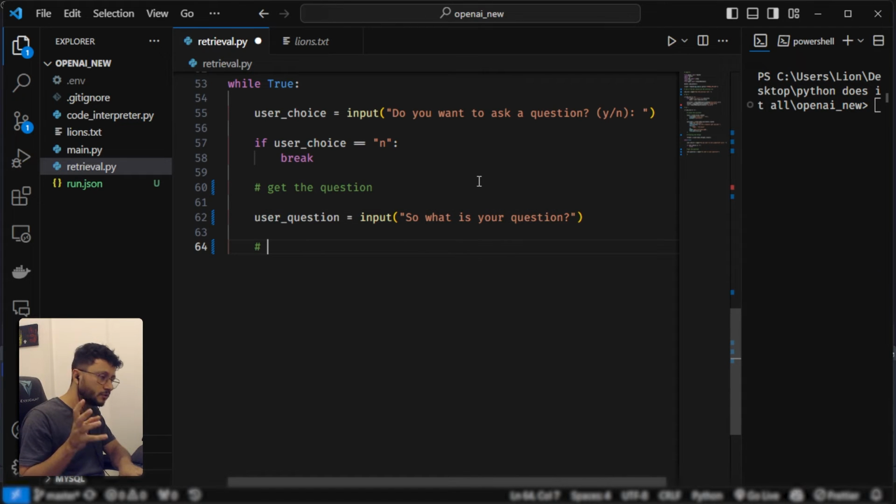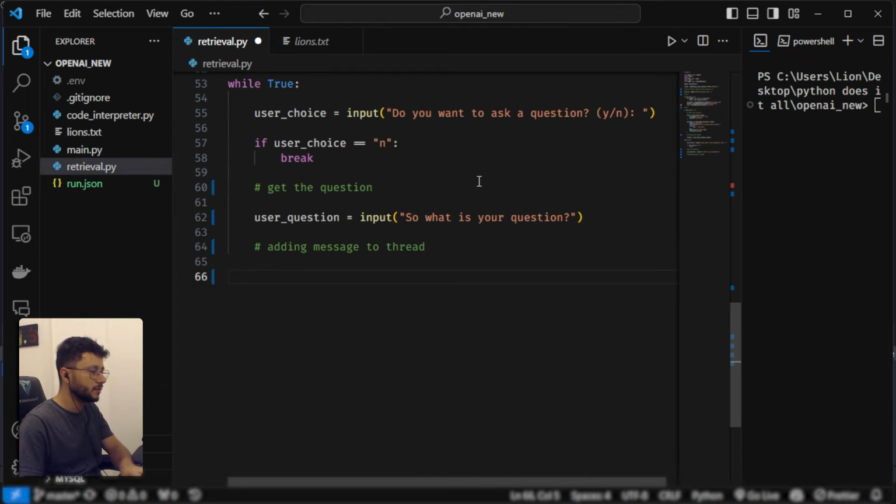So now that we have the user question, we can send this over to the thread. Remember that we didn't create the thread with any messages, so the LLM, the whole assistant, doesn't have anything yet. To add this to the conversation with this chatbot, let's place a comment here: adding message